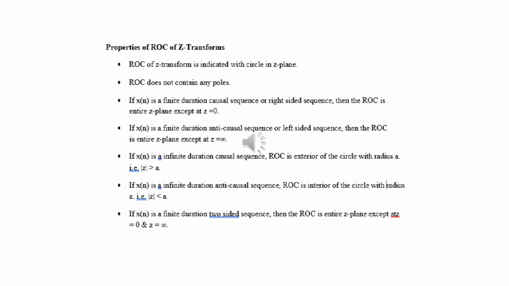That is, the magnitude of z is greater than a. Similarly, if the ROC is the interior of a circle, the magnitude of z is less than a, that is, interior to the circle. Next, if the signal x(n) is a finite duration two-sided sequence, then the ROC is the entire z plane except z equal to 0 and z equal to